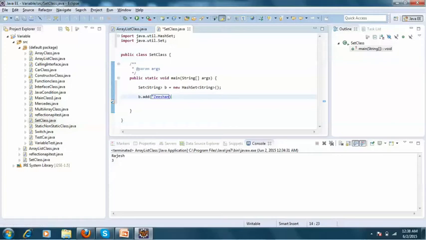Zishan, and add some more values like so. This is the way we can add values to the set. Okay, now the next point is how we can retrieve the values. Retrieving the values in a set,